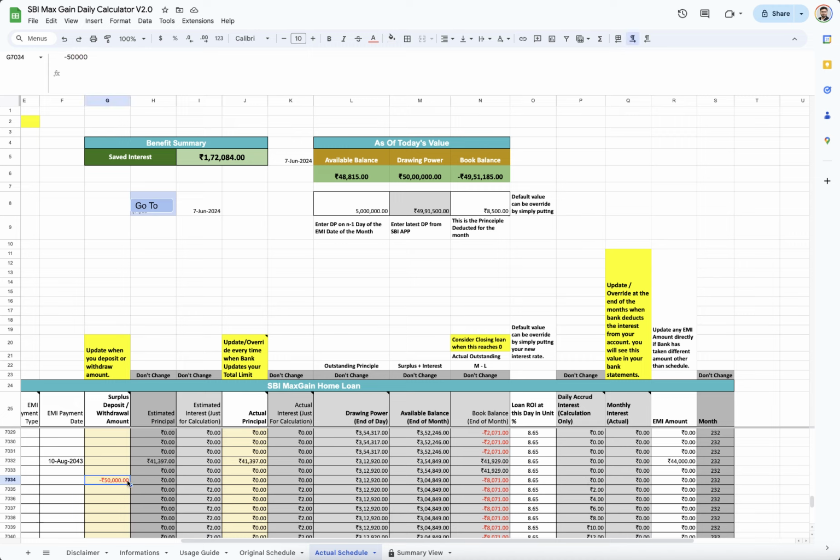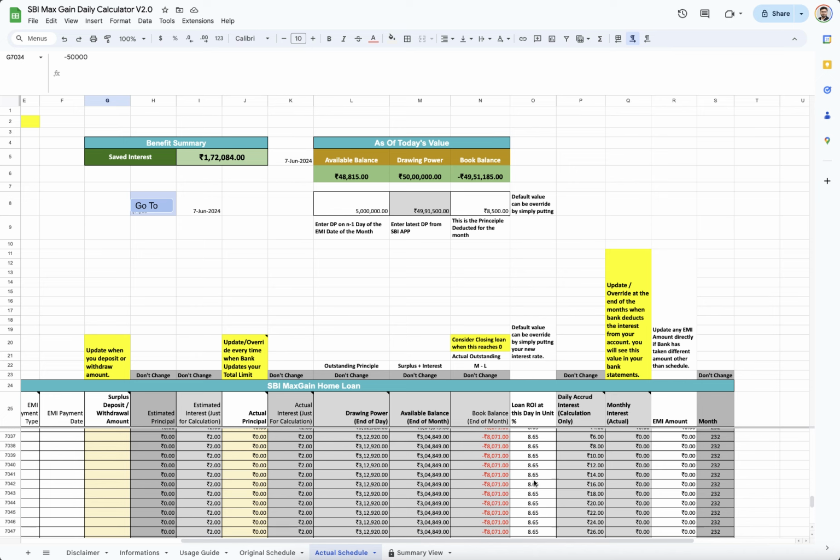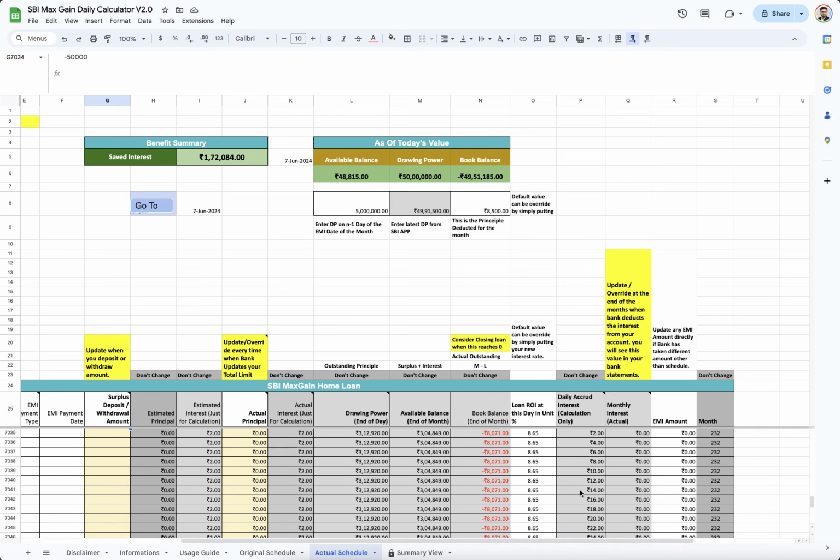So this is how you control your book balance. This is how it will start charging the interest